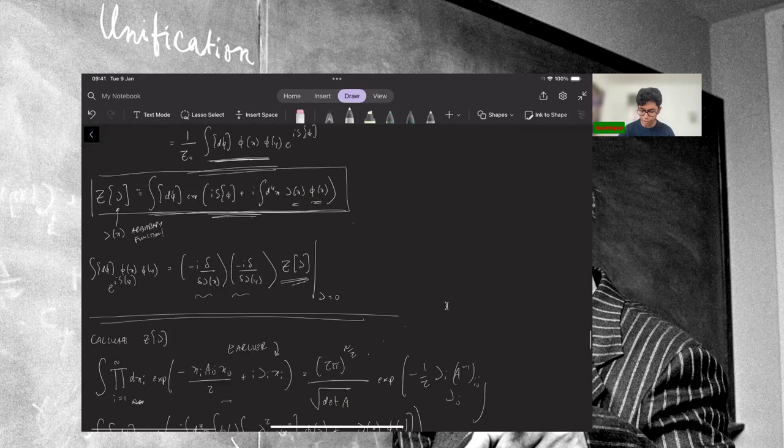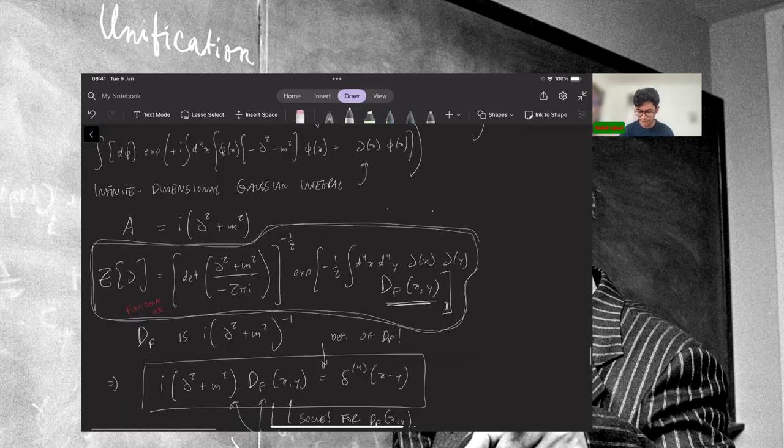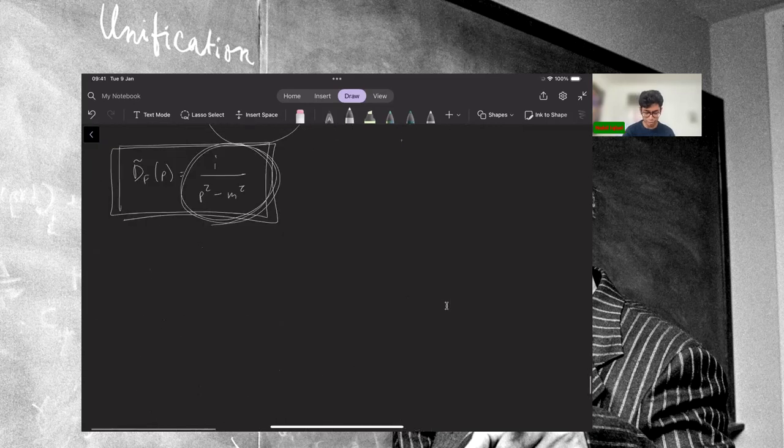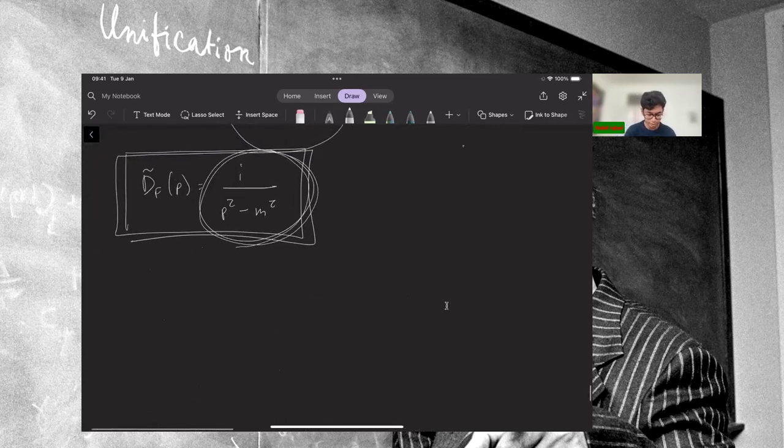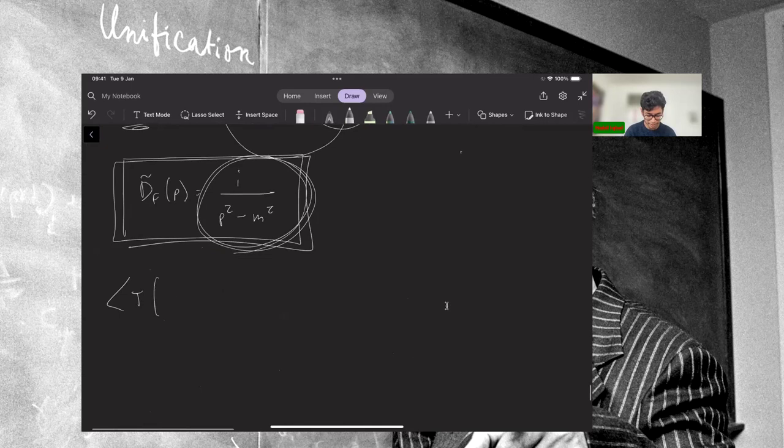If we take two functional derivatives of Z of J, the first one will bring down J times D_F. The second one will get rid of the J. And so what we find at the end of the day, after all the dust settles, and you should all check this, of course, is that T of φ(x) φ(y) is equal to D_F of x and y,